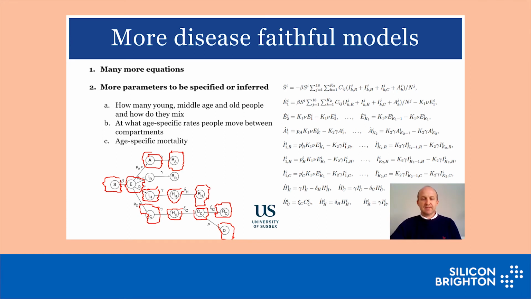So you can imagine that this is a much more sophisticated model than the SIR model that I showed you before. But as you can see, the number of parameters increases hugely. Before we had the transmission rate and the recovery and the population size, and now all these symbols, all these letters that you see on the arrows, we need to have numerical quantities for. So we need concrete numbers which can either be measured from trials or can be inferred from various